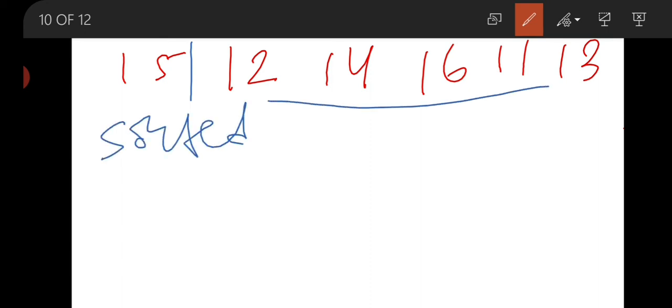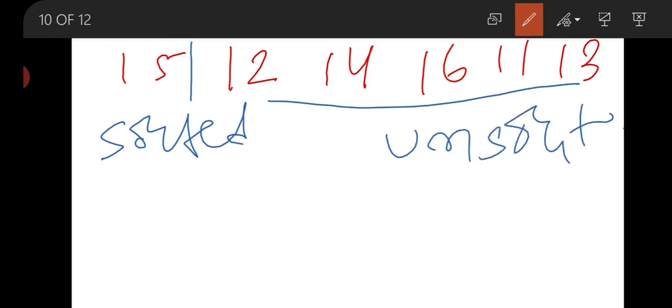It takes the first element as the sorted list and all the rest are treated as the unsorted list.